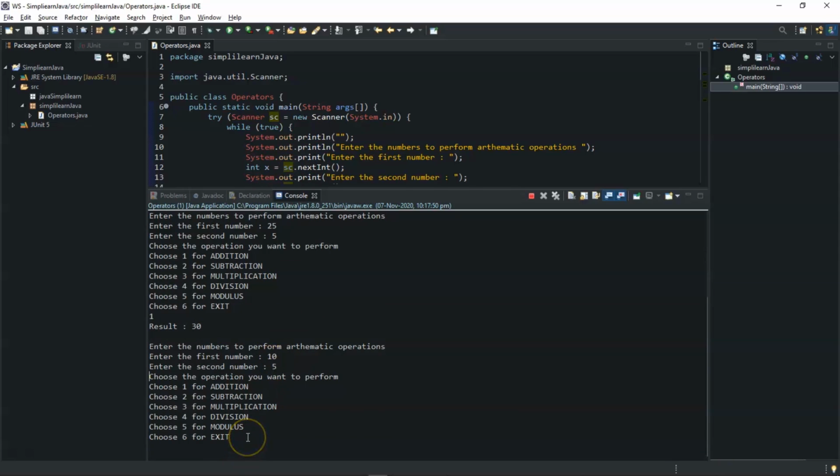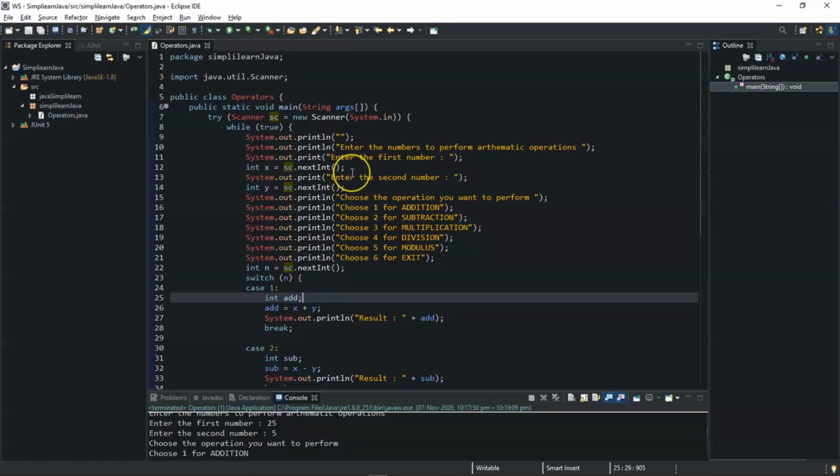So now let's quickly continue with our next topic. Now to terminate this loop, you can provide the option number 6. So we have terminated it. So I hope you understood how the